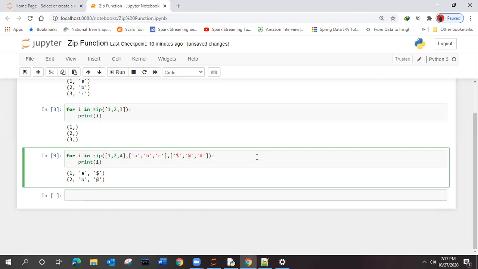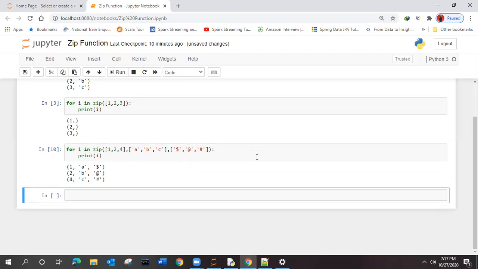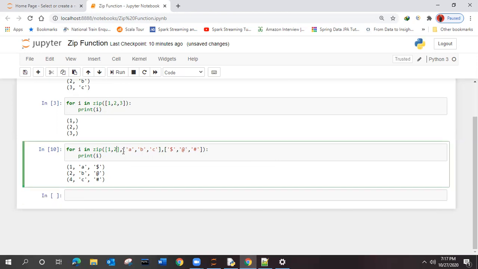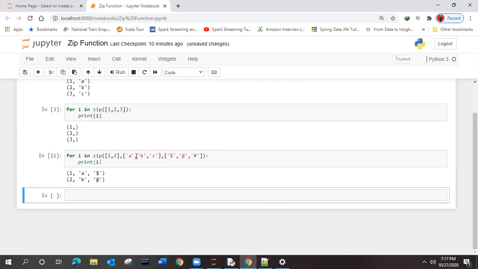Whether it will change any output or not? Yeah, it will change. We can remove one now, right? 1 and 2 is present in the first list. Only the first 2 will come. The maximum number of elements in the first list only will be executed. So it depends upon how the parameters are going to be passed. We need to think about that.